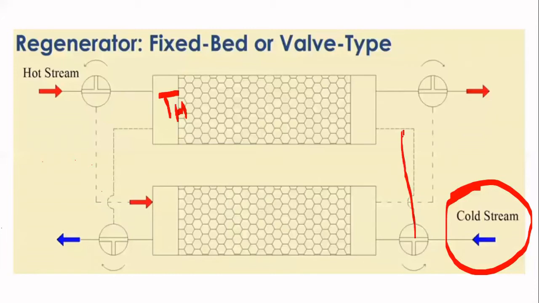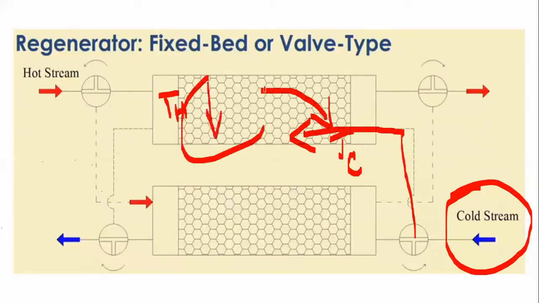So we will let the cold stream flow through this. Since the temperature for the cold stream, that is TC, is lower than the matrix temperature, it is going to gain some heat. So we are reaching our objective. We are increasing the temperature of the cold water, and while this is happening, the temperature of the matrix is also going to drop down. But this was not our aim. Our aim was this, to heat up the cold water.